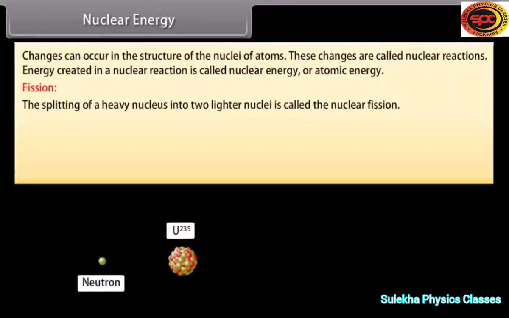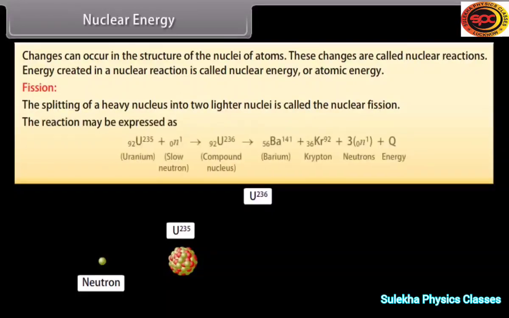When a slow neutron strikes a uranium-235 nucleus, it is absorbed by the nucleus and an unstable isotope of uranium, U-236, is formed, which immediately breaks into two fragments, emitting 2 or 3 neutrons with release of an enormous amount of energy. The reaction may be expressed as